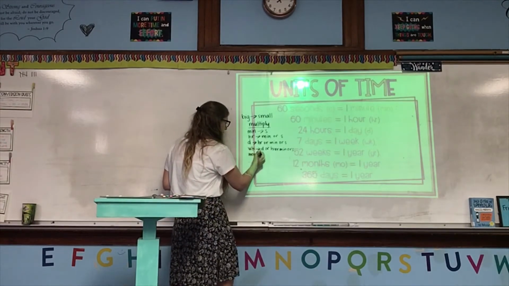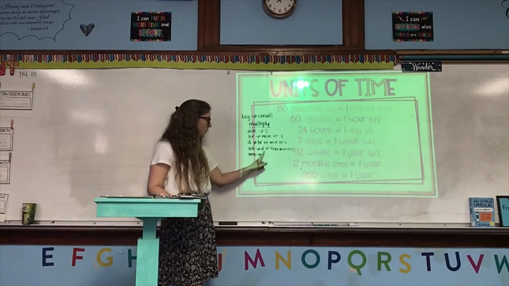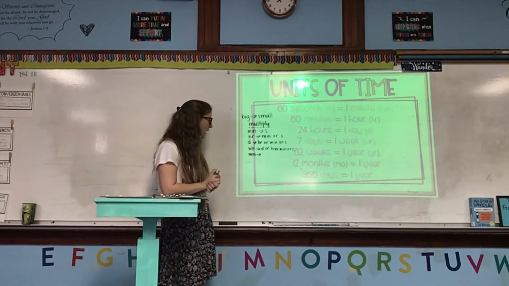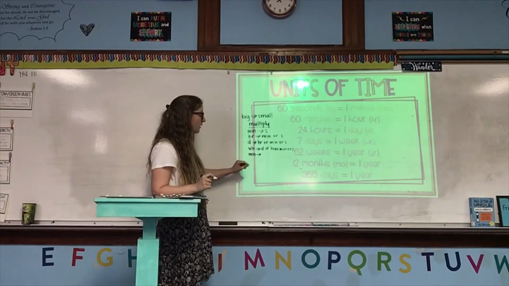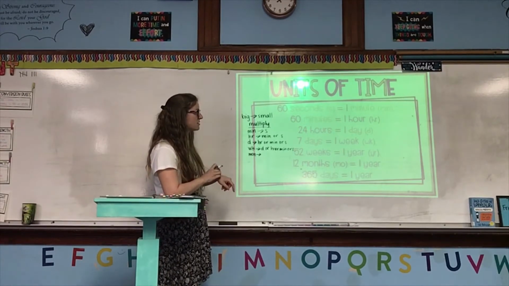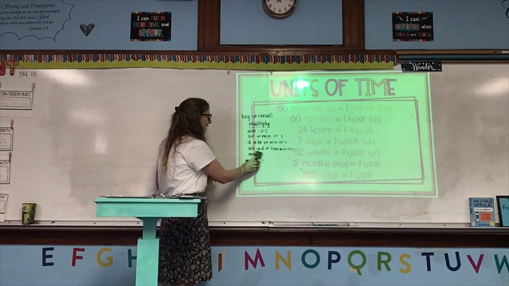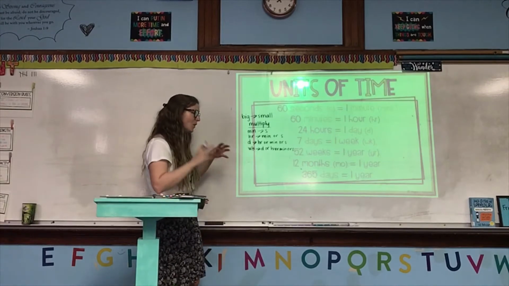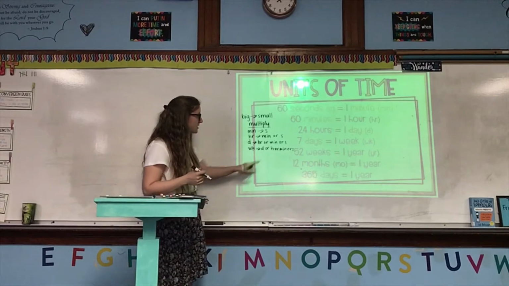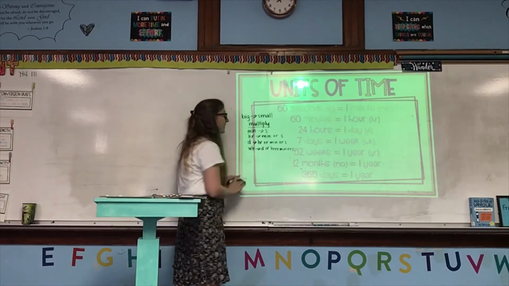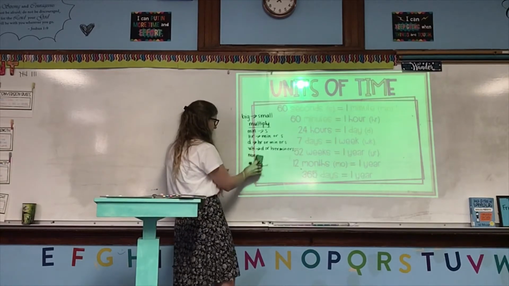Months. You would not go from months to weeks or days because there's not always the same amount of weeks or days in a month. No, we wouldn't go from months to anything because there's not a certain amount of days or weeks, which means we can't figure out a certain amount of hours or minutes or anything else. So, therefore, if you're going from months, I just did the same exact thing, sorry,